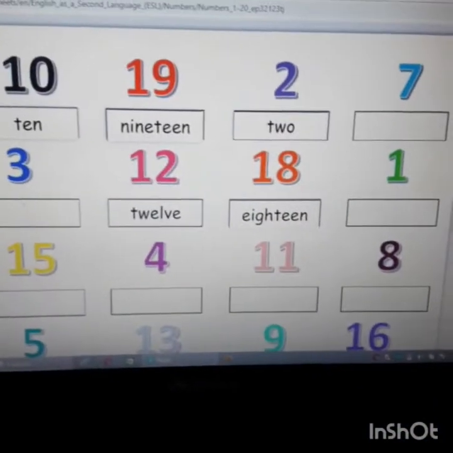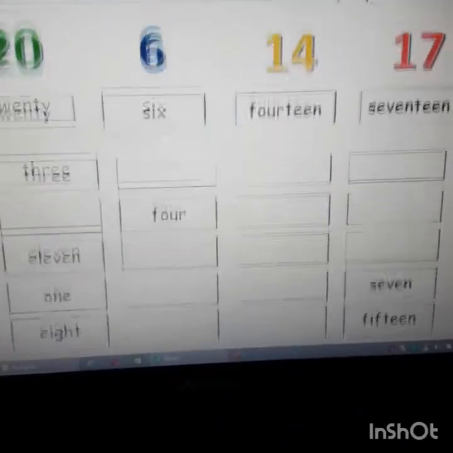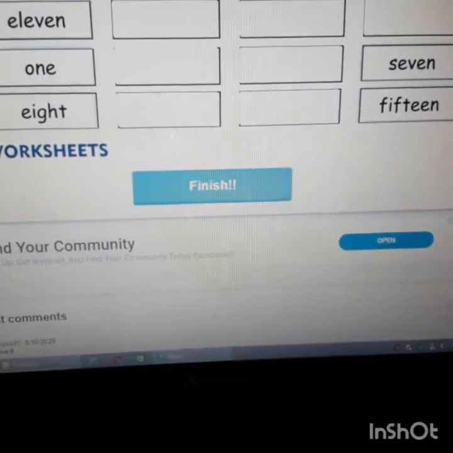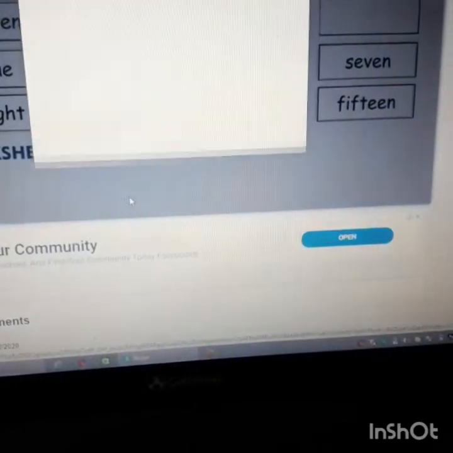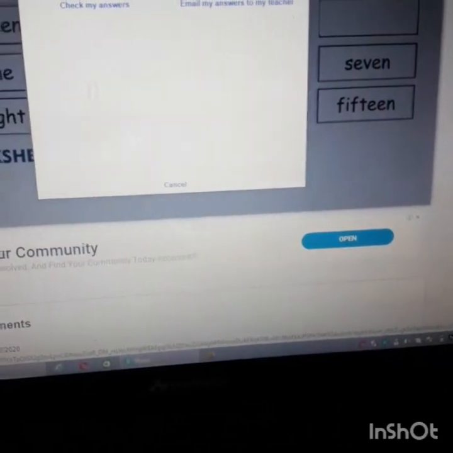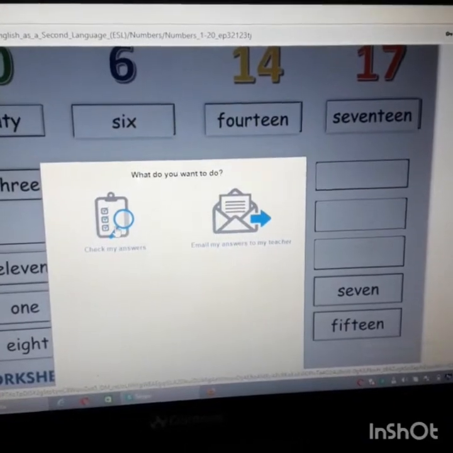Say I have completed my worksheet. I have left some blanks. After completing the worksheet, you have to click on finish. Once you click on finish, you can check your answers. When you click check your answer,